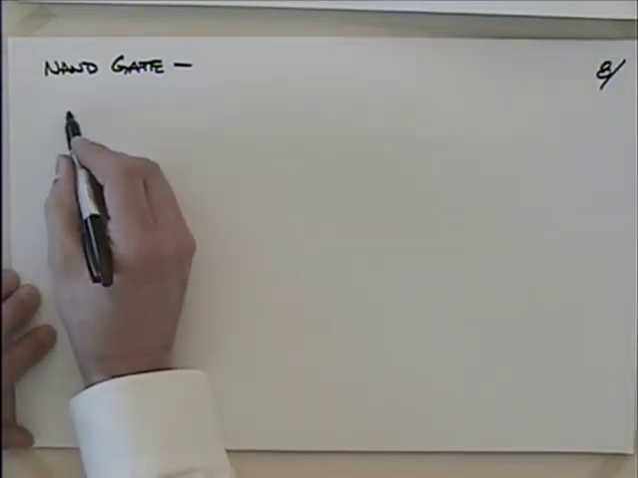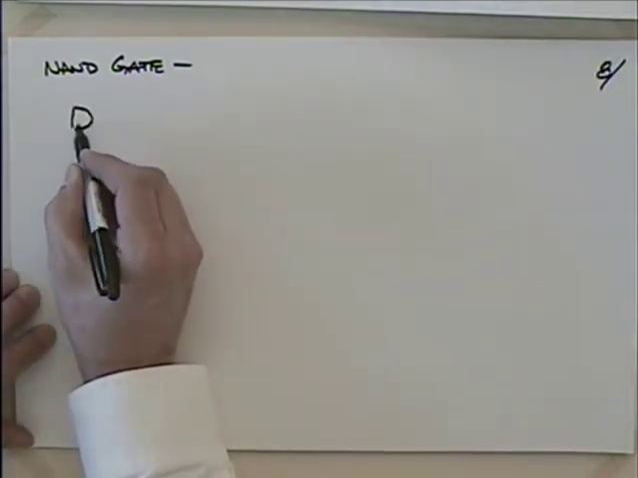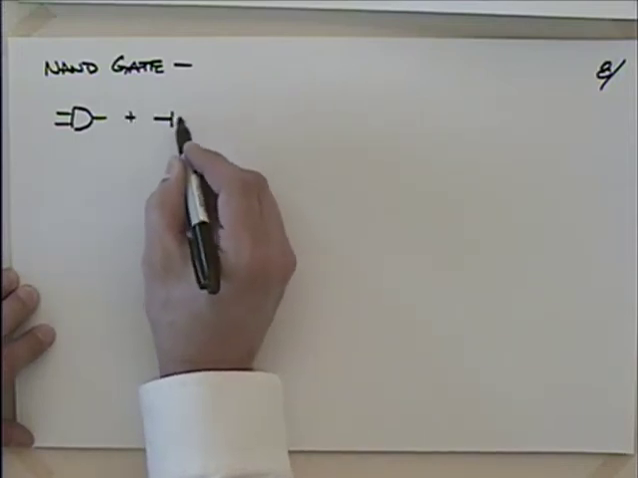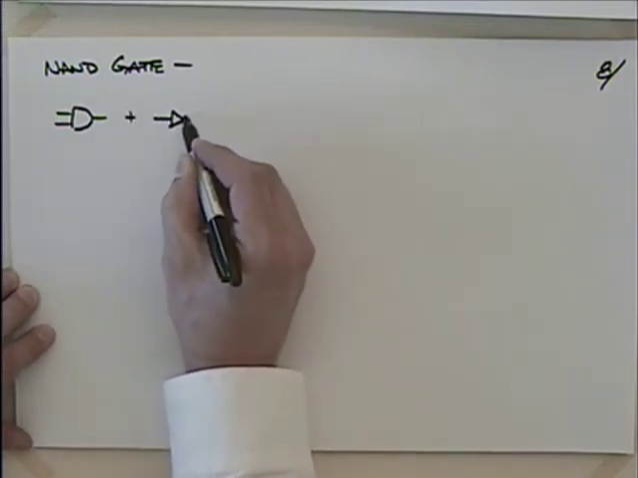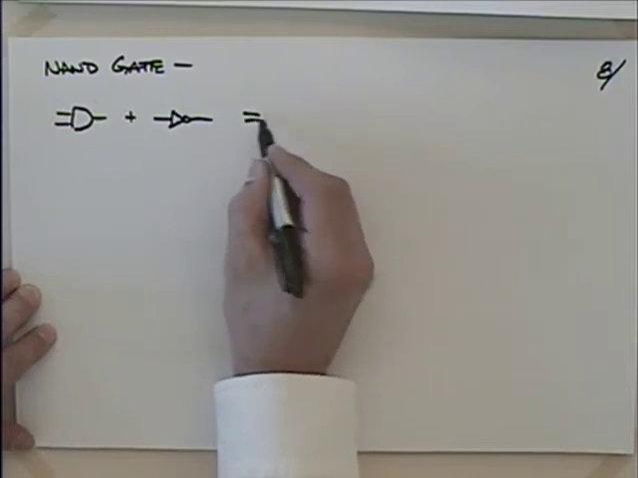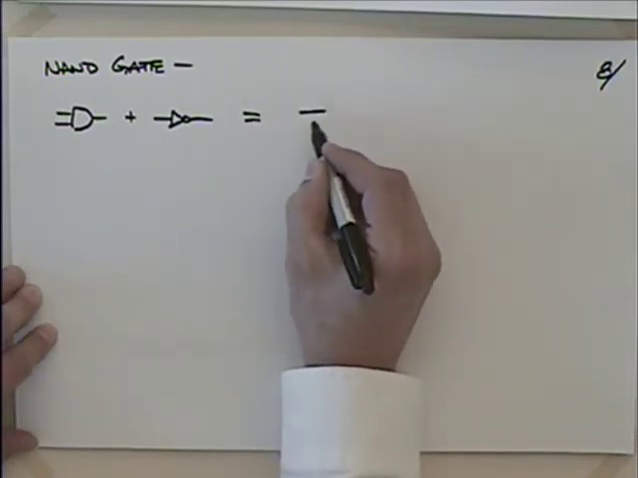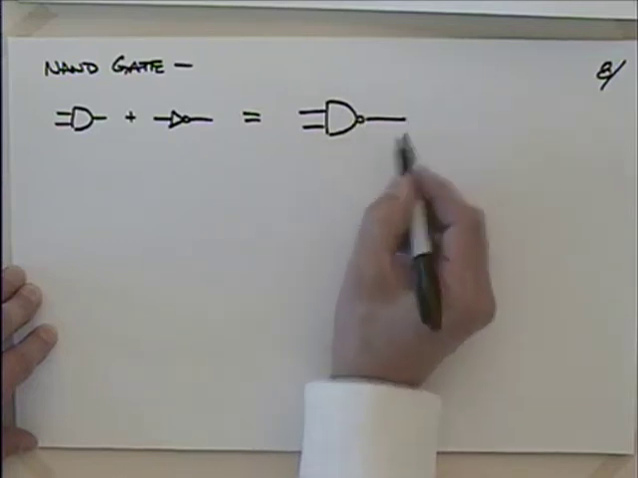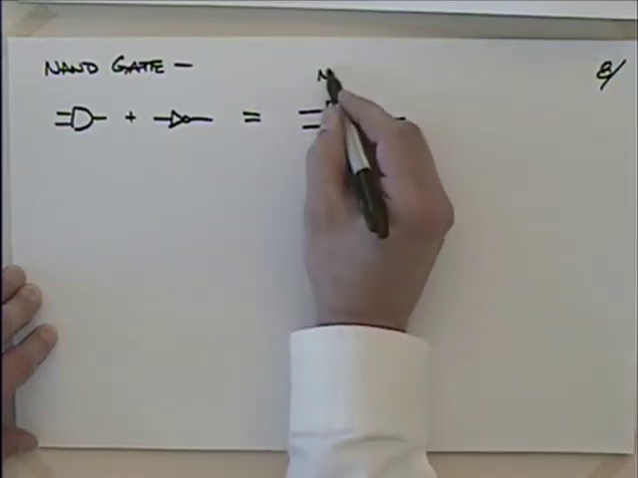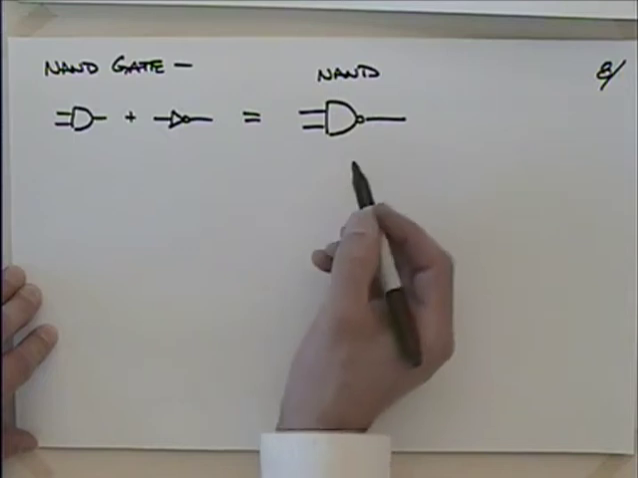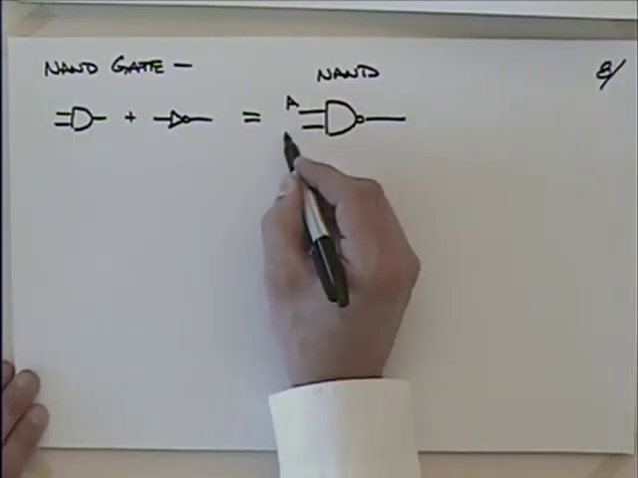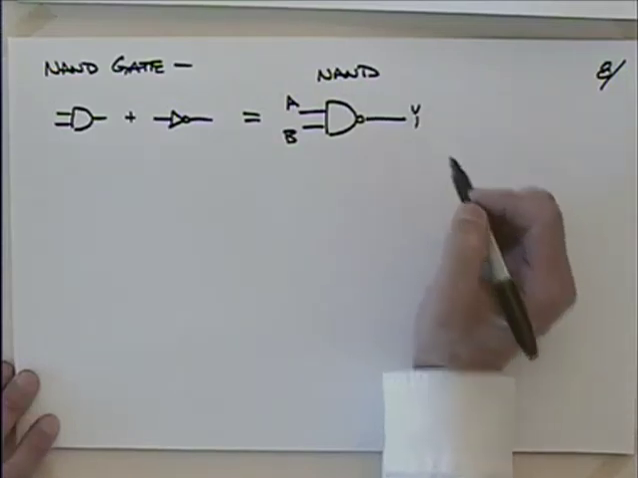So with the NAND gate, what we do is we take an AND gate and we add to it an inverter like this, and we use this enough that it gets a special symbol, the NAND. Okay, the NAND, N-A-N-D. So if I look at inputs A and B and output Y,